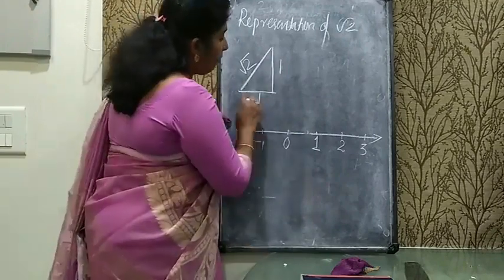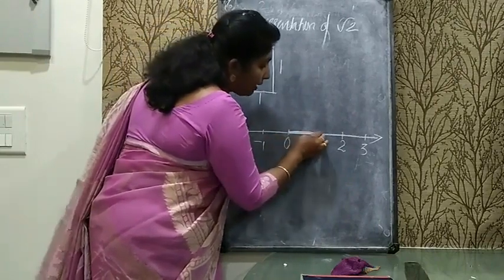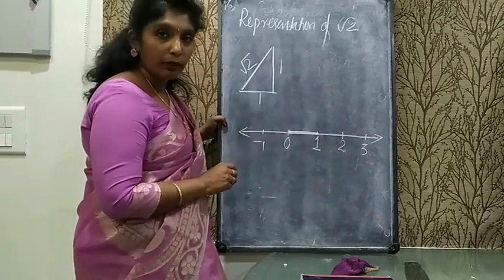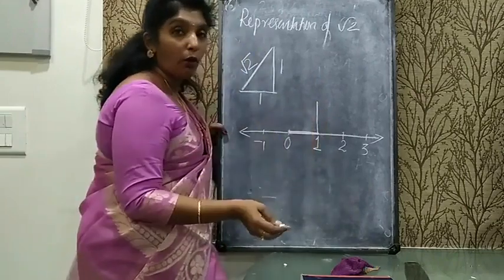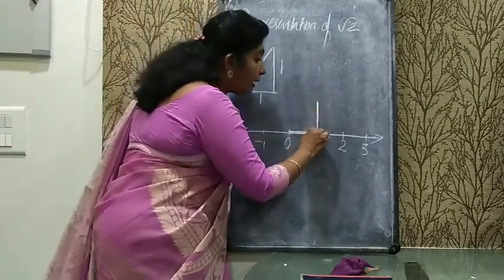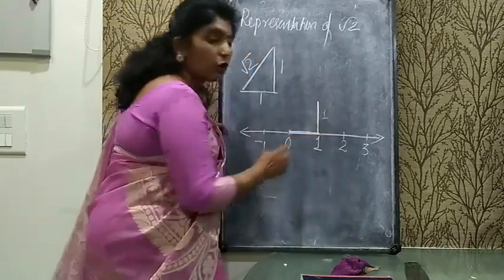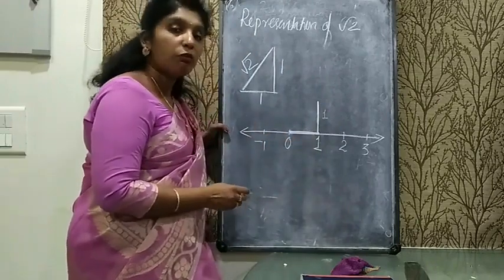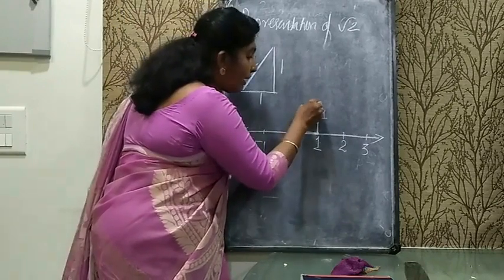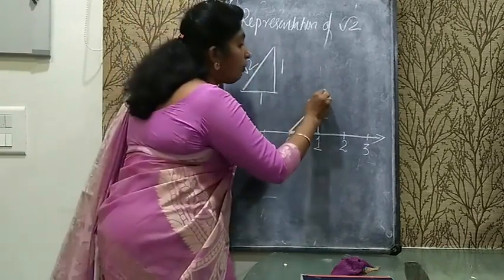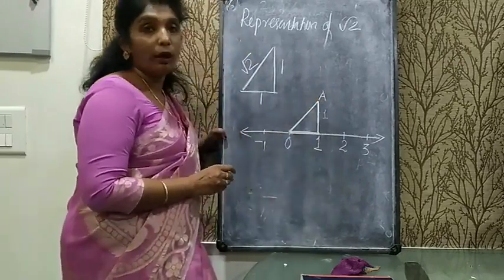Okay. So base is 1 unit. So from here to here, this much I will take as the base of the right angle triangle because the base is 1 unit. Now here I will draw a perpendicular. Using a scale you can draw. Okay. You have to draw using a scale a perpendicular which is again 1 unit. This is 1 unit and this is also 1 unit. From 0 to 1 the measurement is 1 unit. Now you need to join this point and this. If you want, you can mark this point as A. So this A and the 0 you can join.